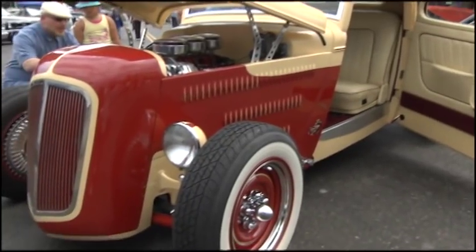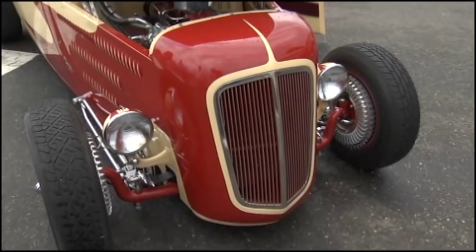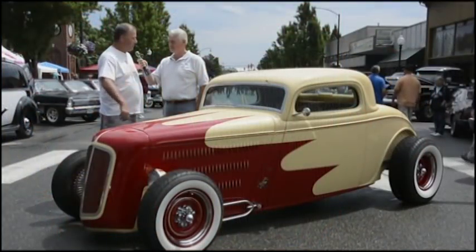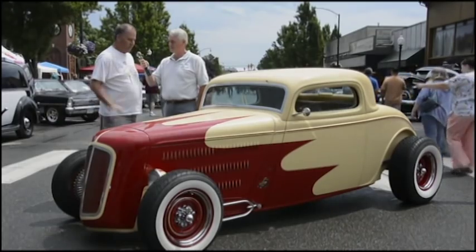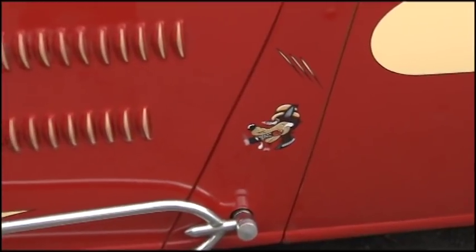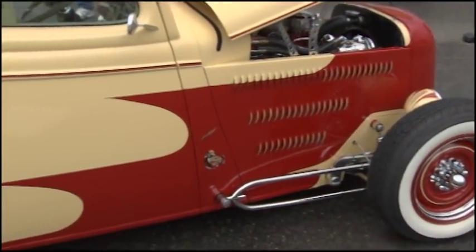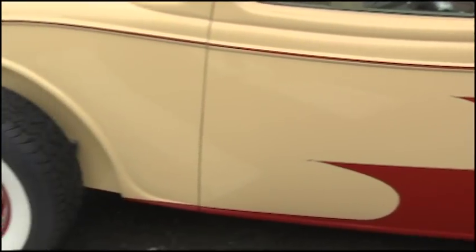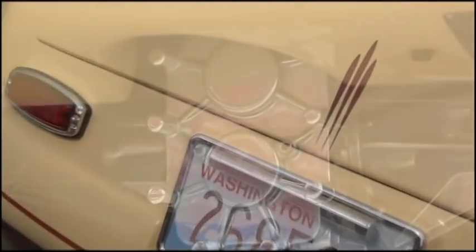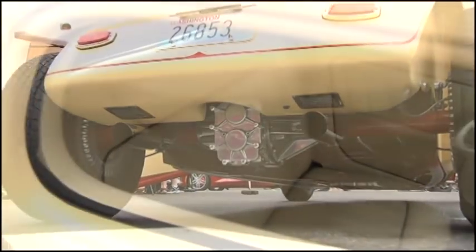I was told that was all hand fab at the same time when they did everything else on it, and I don't know if Gene had something to do with that nose or not, but I know that he did all the louvers and that fab work there, and the hood. He built the hood and a bunch of that stuff. When I saw this, it was just so unique, and I get a lot of comments on it. Yeah. To improve on a 34 Ford grill or even equal it is pretty tough, but I think it happened with this. Yeah, and the car's got 20-some thousand miles of just doing car shows and rod runs,